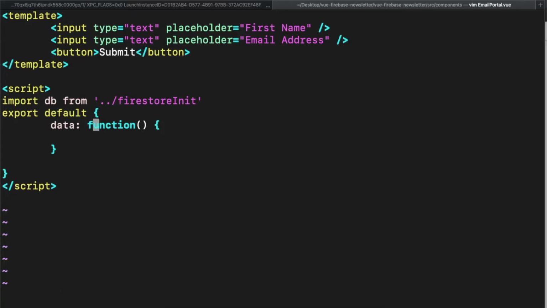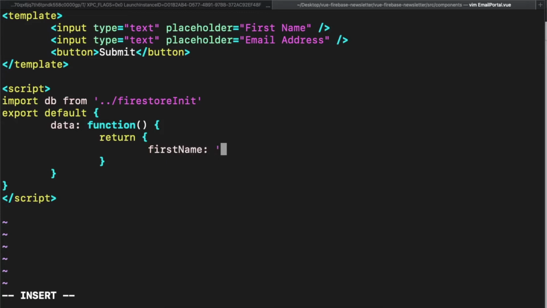So in this case, we always say data. This is almost like a keyword in Vue, data, and we have a colon, and then we have a function. So function, and then we go ahead and we return an object, actually. And this object is going to be the fields that we want. So in this case, we have first name and email address. And we're just going to go ahead and initialize them with empty strings,